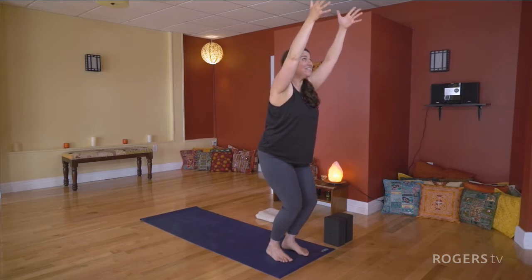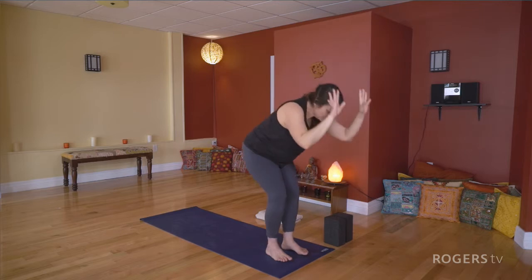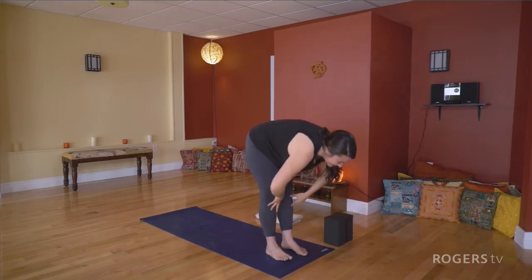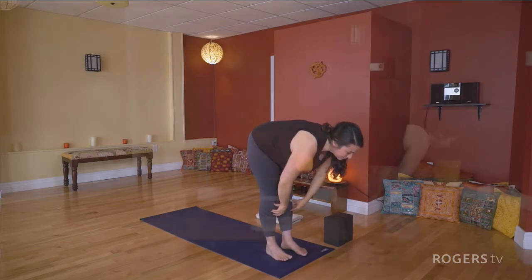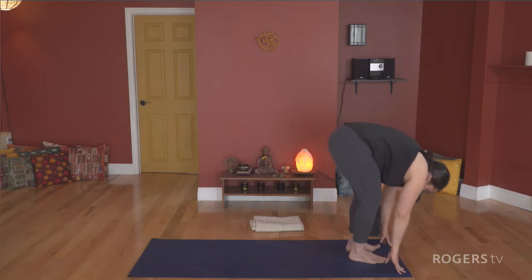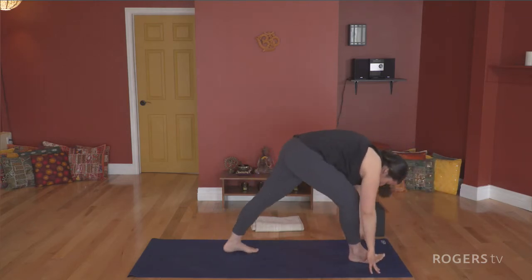Take an inhale here, reach the fingertips away, and then on your exhale, forward fold. Breath in, hands to shins, half lift, lengthen. And exhale, forward fold. We step the left foot to the back of the mat this time, land the toes